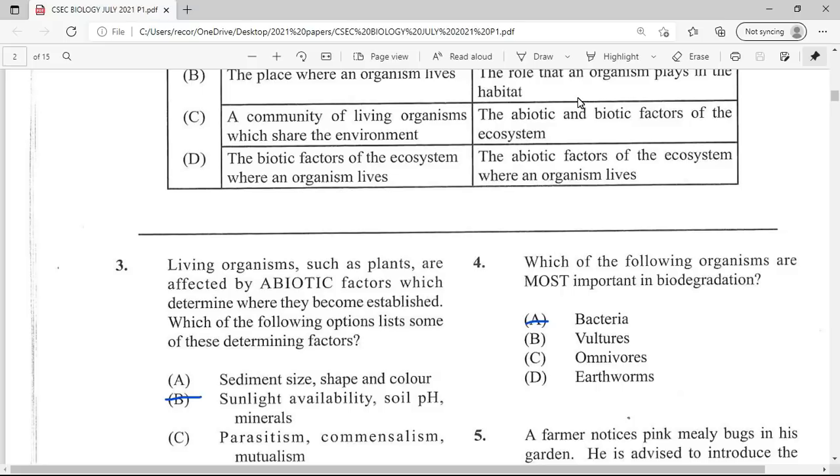It's pretty much those factors that we would look at, might I say, probably in geography. So here we have sediment size. I don't know sediment size to be among the group. I don't know shape to be among the group, and color. I really don't know those. I'll have to do some more reading to see that.